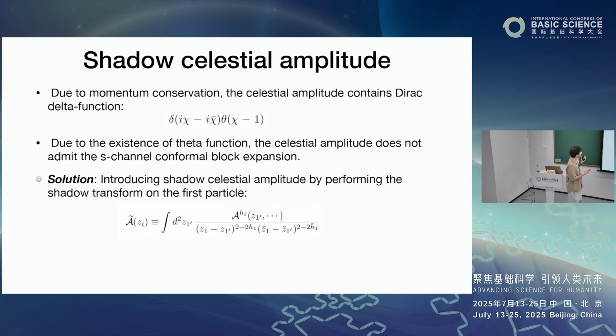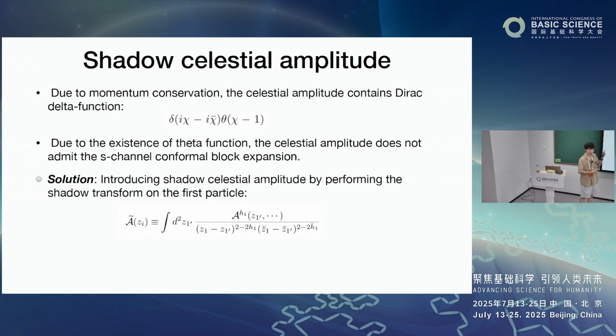Okay, so to resolve these issues, we can introduce the so-called shadow celestial amplitude by performing the shadow transform on the first particle. So here is the shadow celestial amplitude. Actually, the shadow transform is an integral transformation in CFT which preserves the conformal symmetry. Specifically, if we are given any conformal primary operator in CFT, you can derive another shadow operator by performing a shadow transform. This shadow operator also preserves the conformal symmetry,